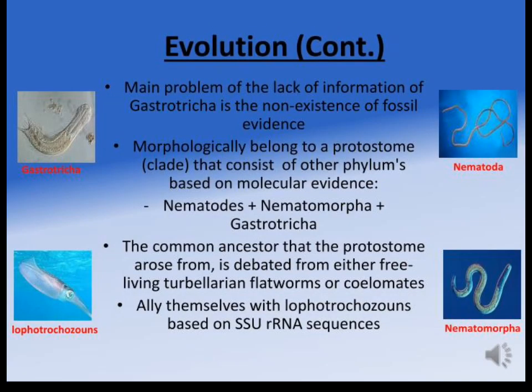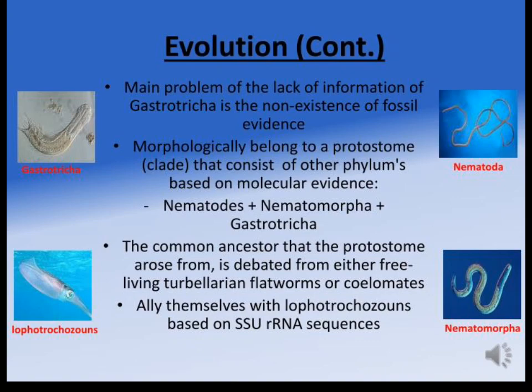The main problem of the lack of information on gastrotricha is the non-existence of fossil evidence. Morphologically, they belong to a protostome clade that consists of other phyla based on molecular evidence: Nematodes plus Nematomorpha plus gastrotricha. The common ancestor that the protostome arose from is debated, from either free-living turbellarian flatworms or coelomates, allying themselves with lophotrochozoans based on SSU